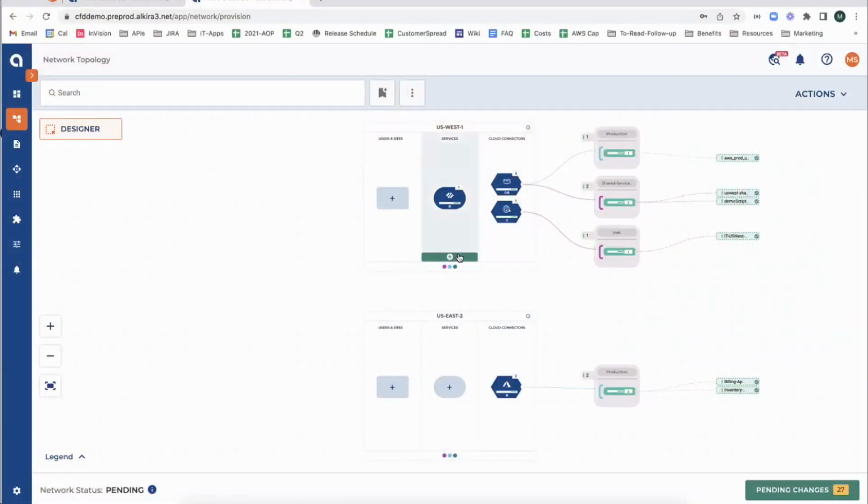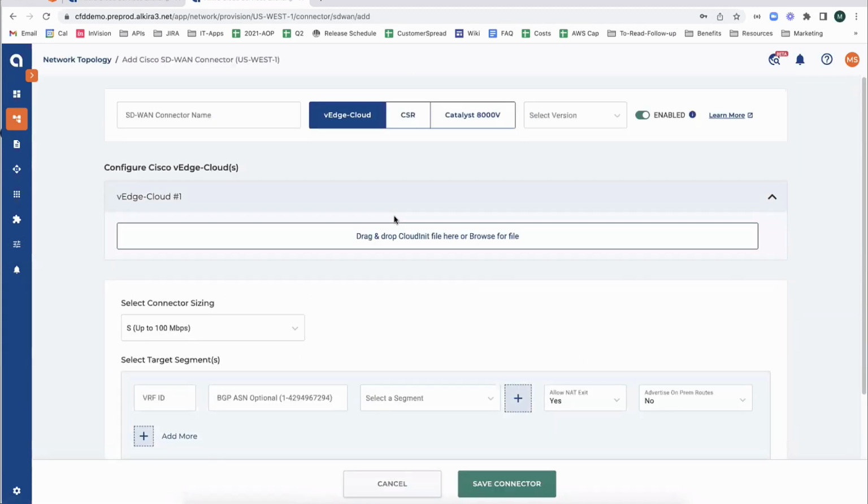Okay, so we added a firewall, and now I'm going to build the on-prem connectivity because we need to bring on-prem into that, right? So let's take Cisco SD-WAN as an example. Now, again, Alkira has built-in integrations into multiple SD-WAN vendors, Direct Connect, ExpressRoute, IPsec, and so on. I'm just taking SD-WAN as an example. Now, SD-WAN has its own segmentation. So we need to stitch that segmentation into the Alkira fabric. So I'm just going to add SD-WAN